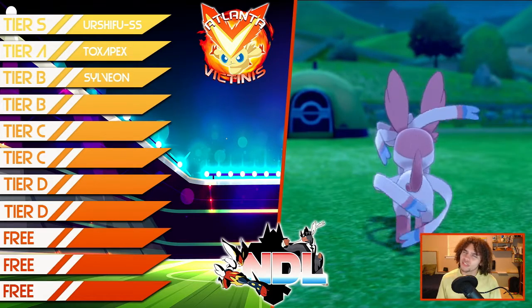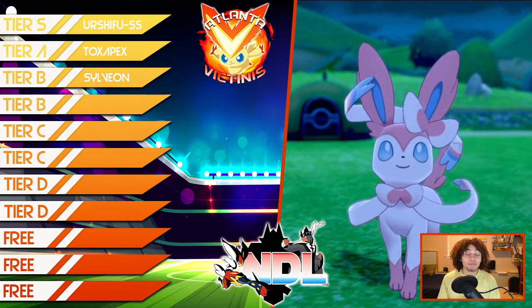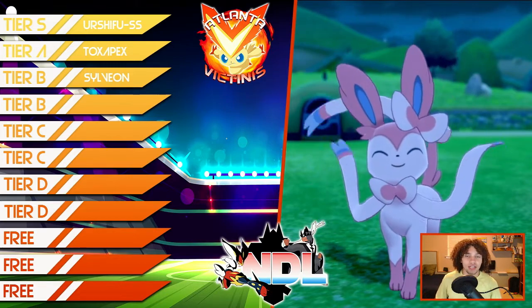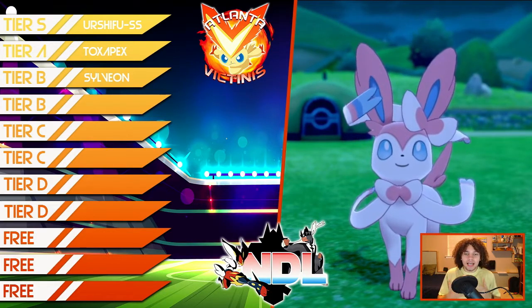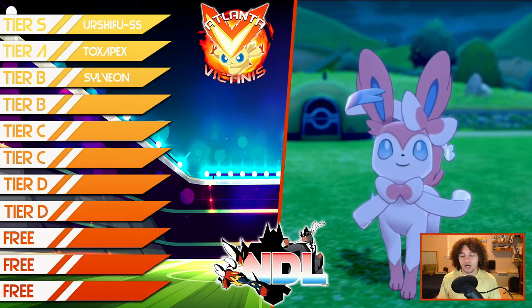I might be tripping, but I'm pretty sure it gets Heal Bell. It could be a cleric. You got Specs, Hyper Voice with Pixelate. You got Mystical Fire stuff for steel types and whatnot. So it's nice. It gives us a little bit more bulk, especially with dragons like a Dragapult running around,